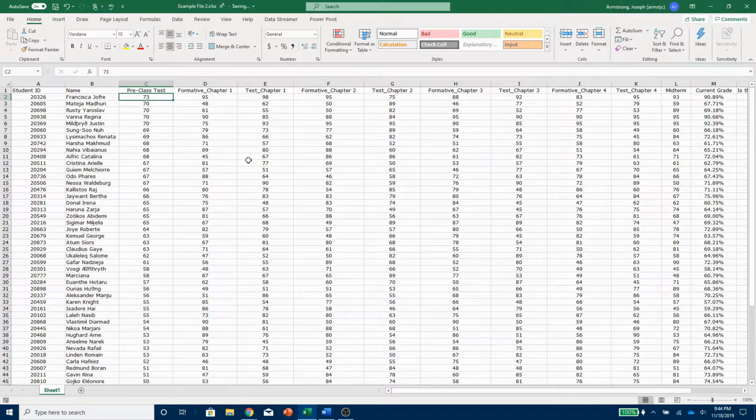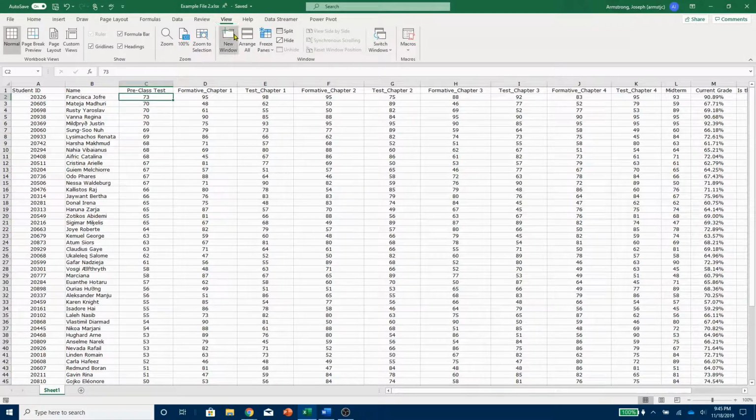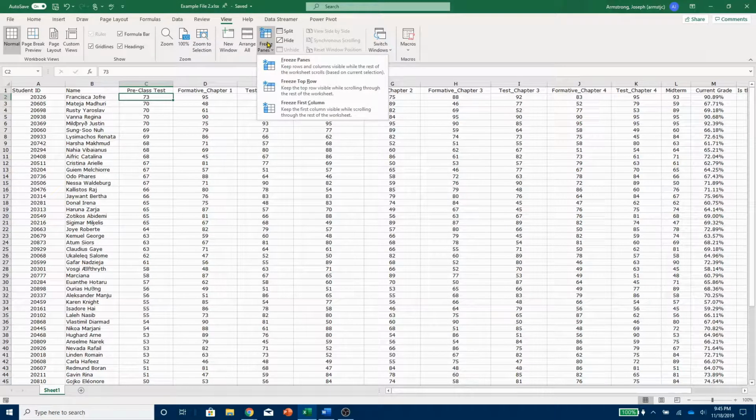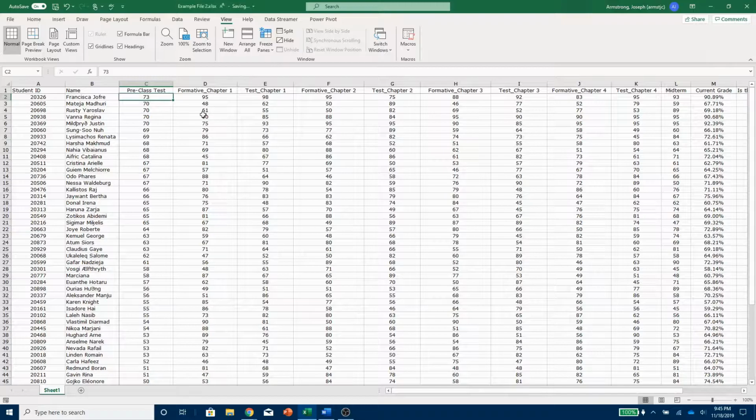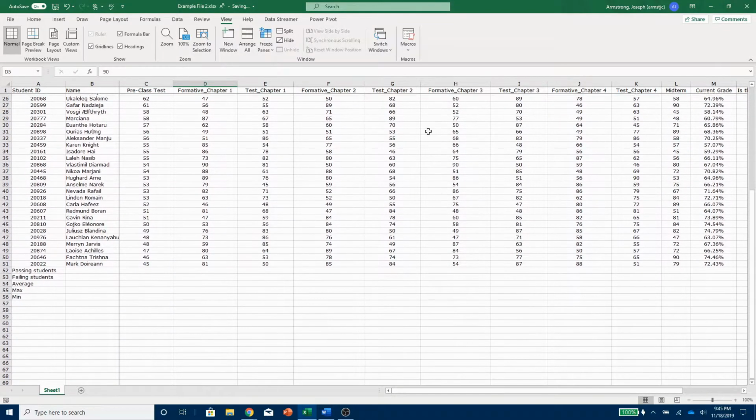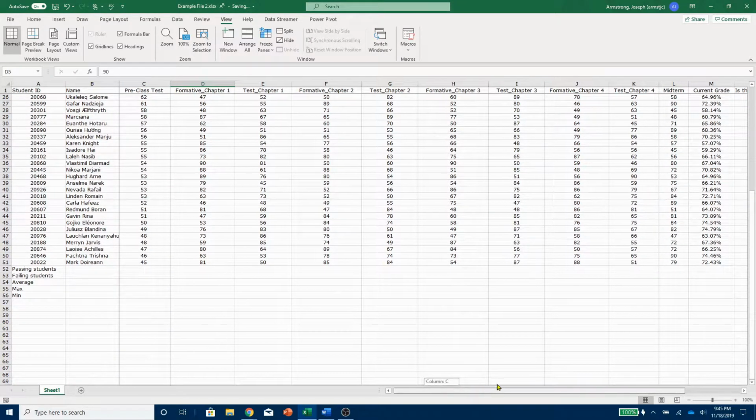Let's start off by making the spreadsheet easier to navigate and see. With cell C2 selected, go to the View tab. Click the Freeze Panes button. Select the Freeze Panes option on the top. Now when we scroll through the spreadsheet, we can see each assignment title, and each student no matter where or